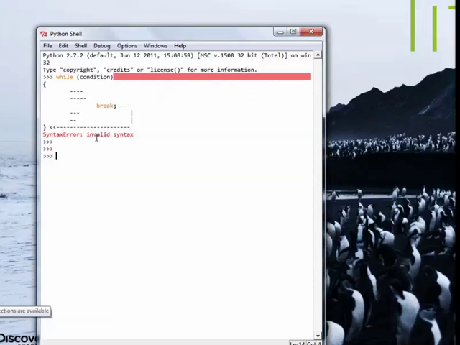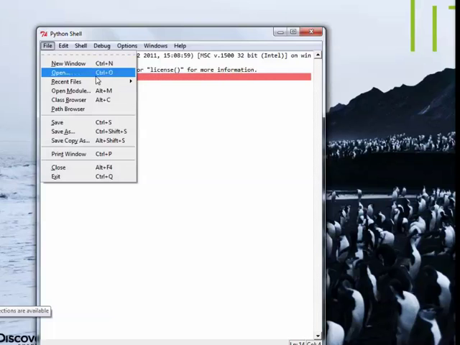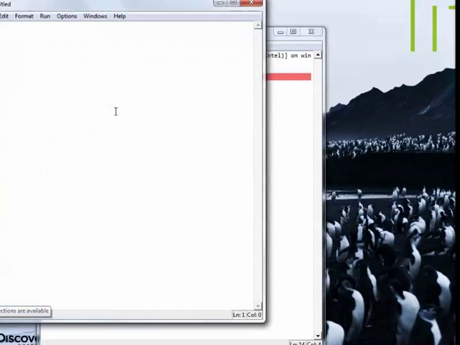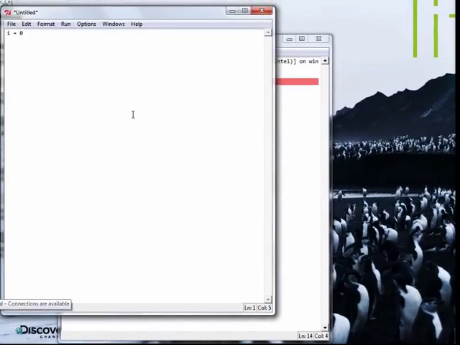Okay, so let's try to illustrate this with an example. Let's open a file. Let's write i equals 0, and while i is less than 3, you do i is i plus 1. You increment i first. Now you say print "before the break i is equal to", just copy this as is, and I'll tell you what this kind of print statement means. Format i, and now you hit a break